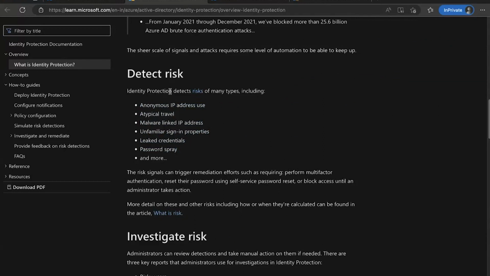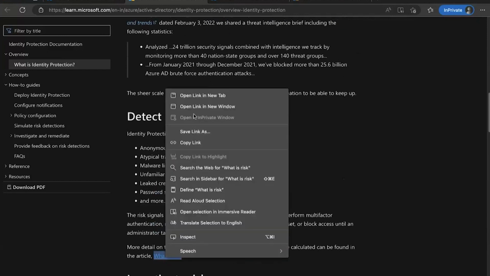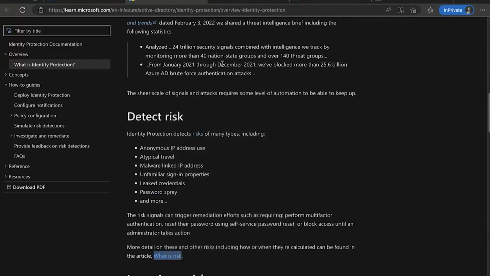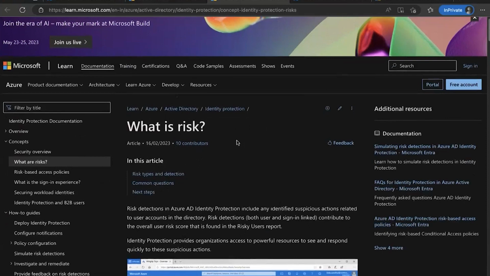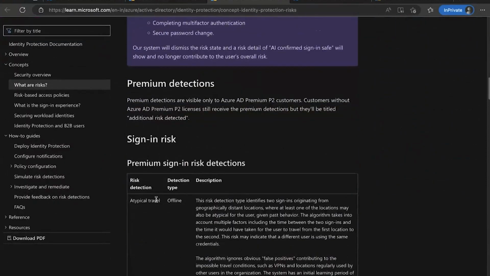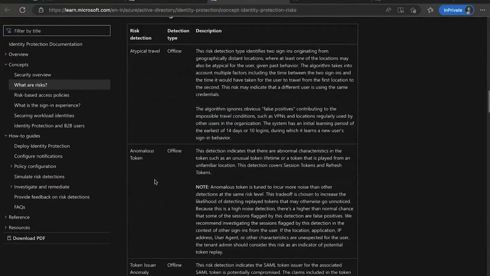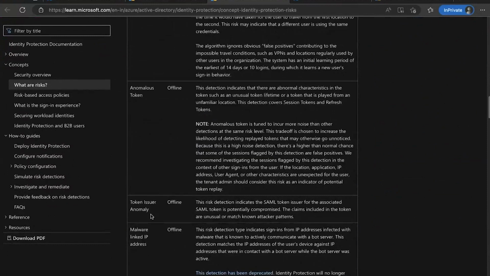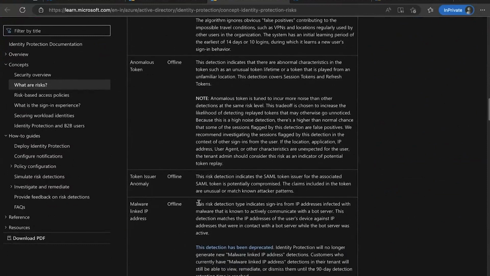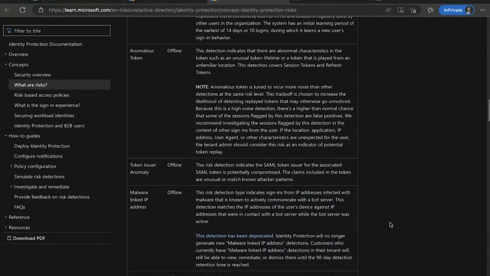Okay. Now, if you click on this particular article, you can detect what is risk. Okay. So how different risk is defined by Microsoft. You can see the list of the risks over here: risk type and detection, atypical travel, what it means, its definition and description, what their algorithm will be detecting, anomalous token, user anomaly, malware linked with the IP address, what kind of detection could be over there.